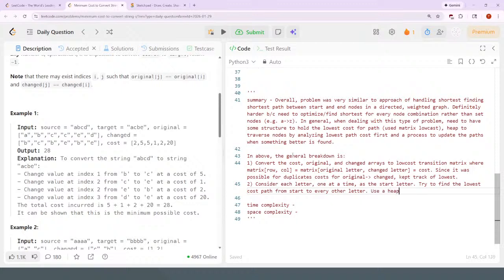Use a heap that has tuples of total path cost and then the end letter. Process the heap by updating costs if not already outdated,